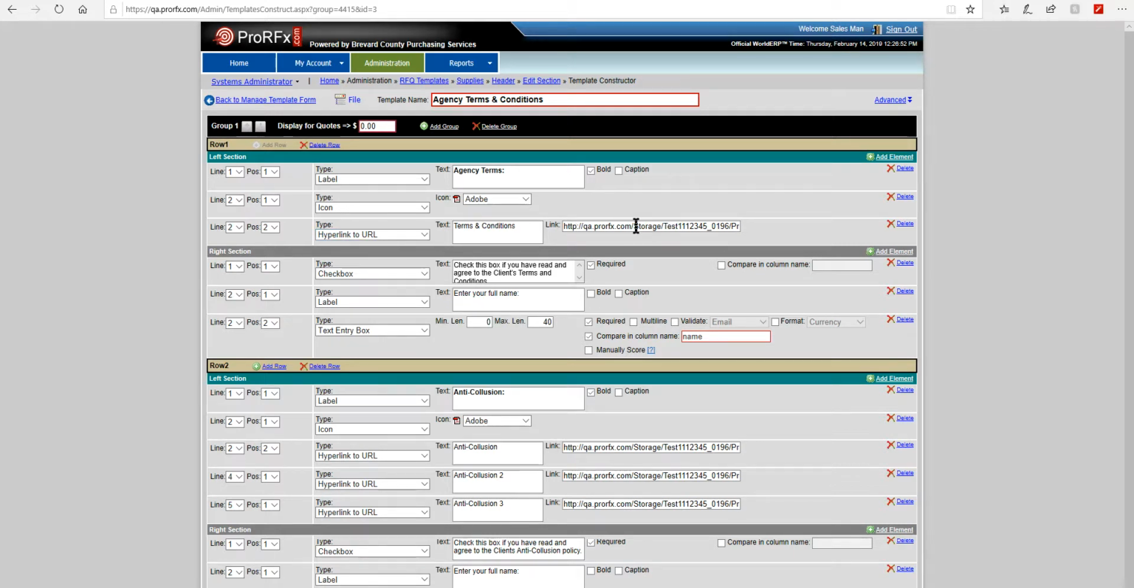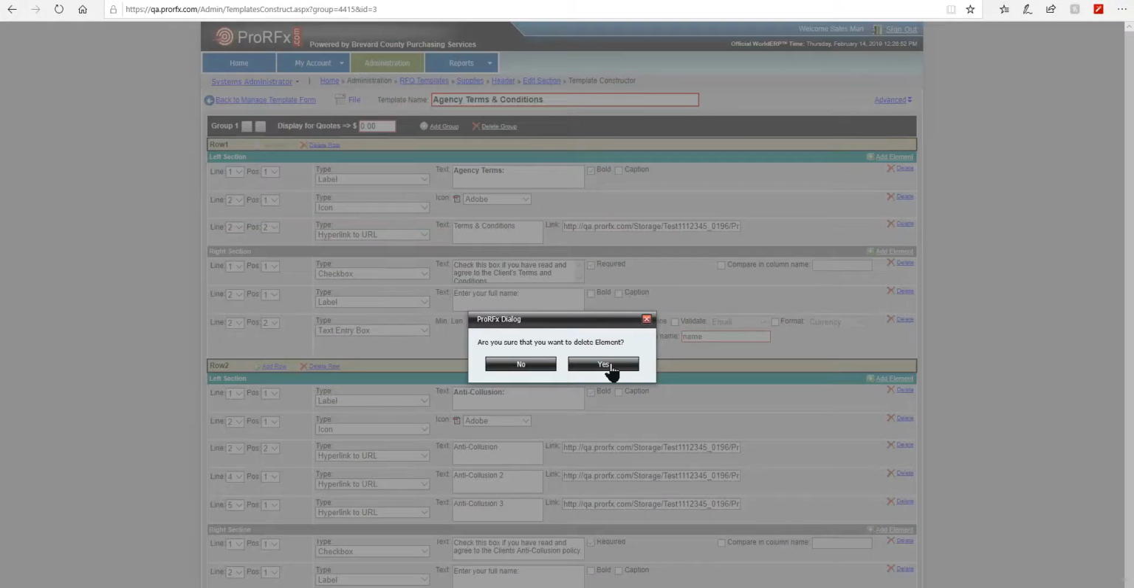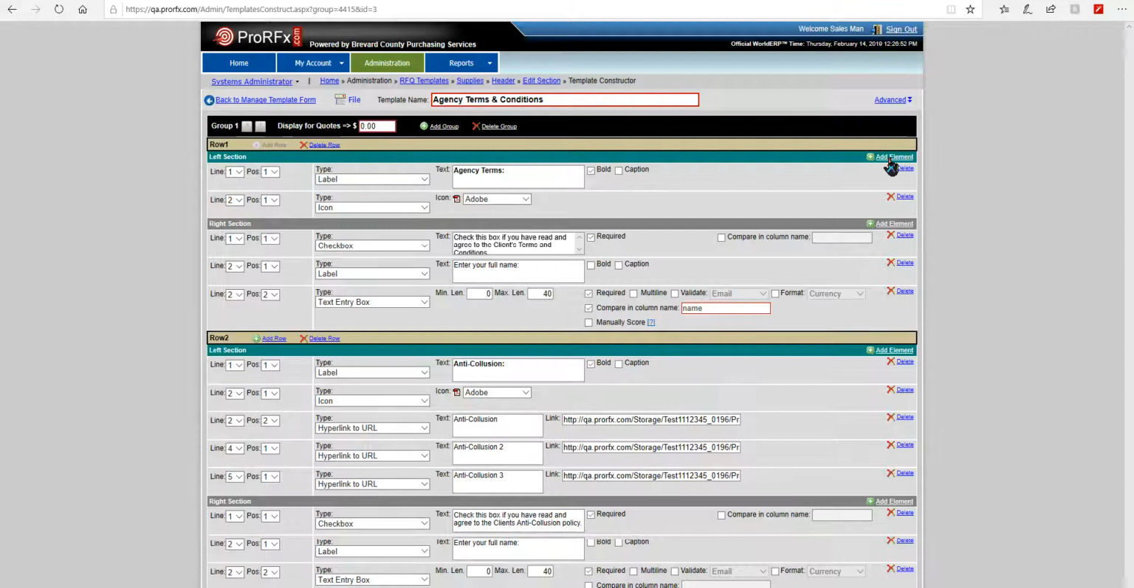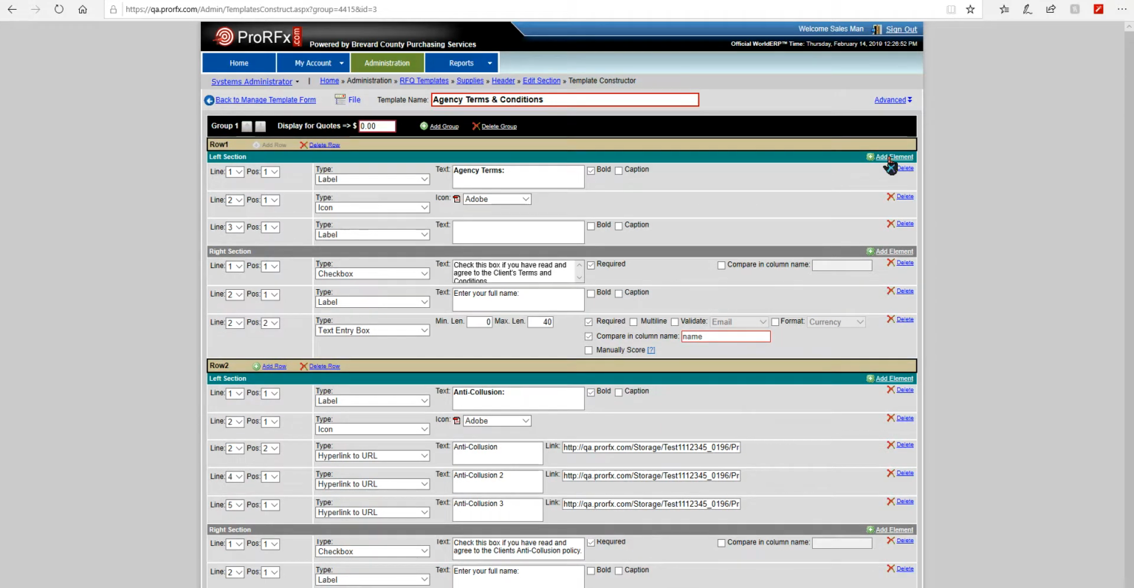So if I was to, for example, delete that out, we can add it back in again. We'll go hyperlink to URL just like it was. For agency terms, we'll just put agency in. And then the link that I copied, we're pasting the link, so the link is in. And if we go and preview the template,